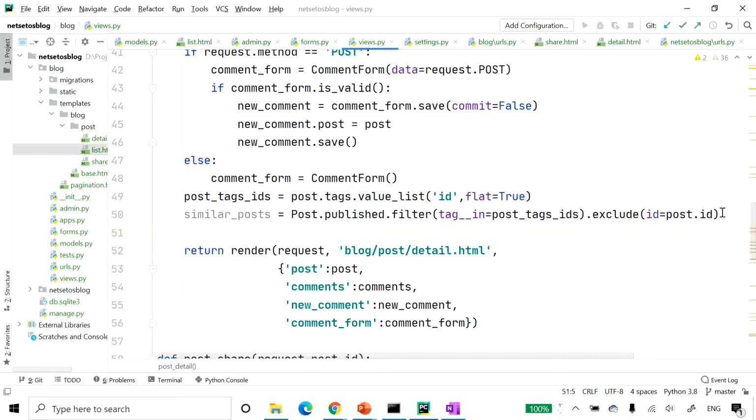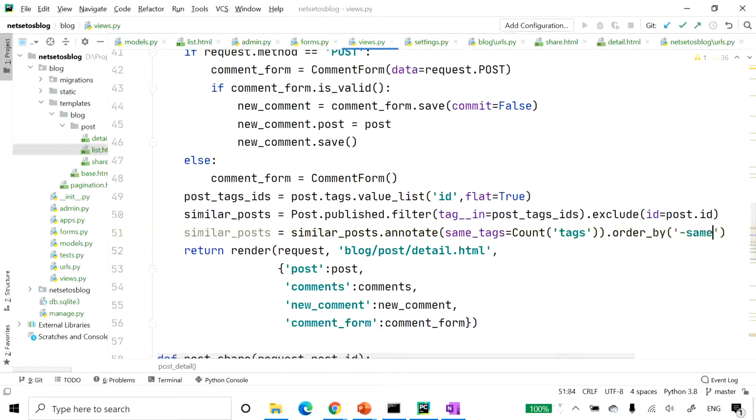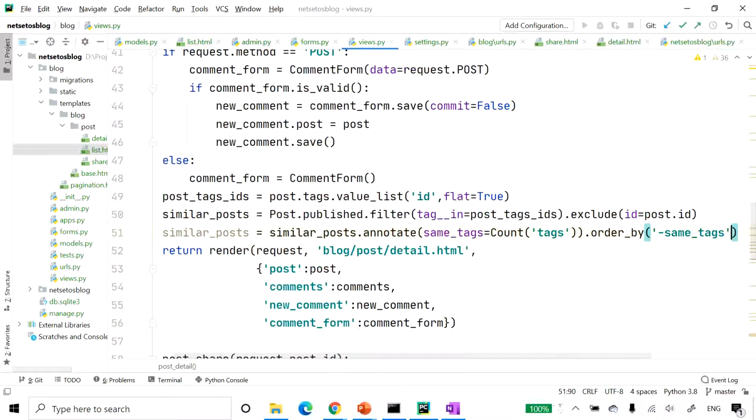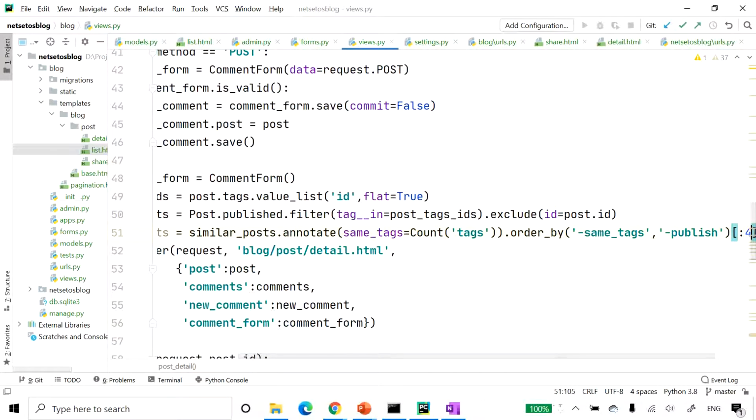And then I will take the same similar_posts equal to similar_posts.annotate with same_tags equal to Count, which will have tags, order by same_tags. And here we will also take one more parameter, publish, from 4 onwards.